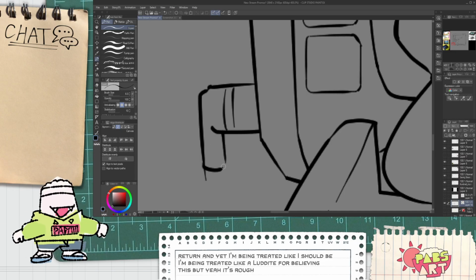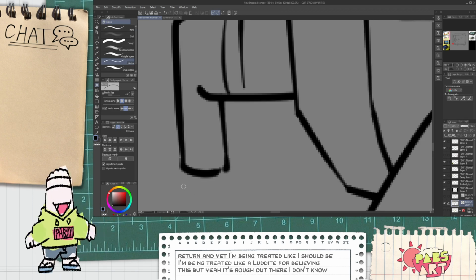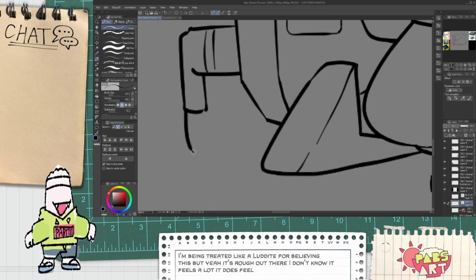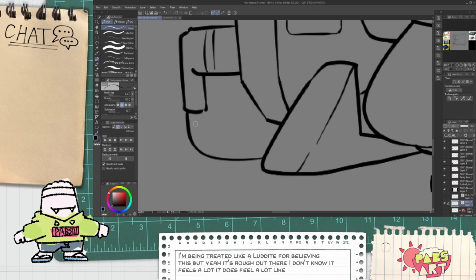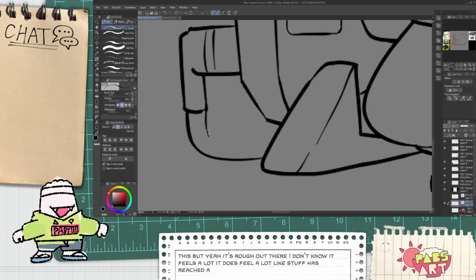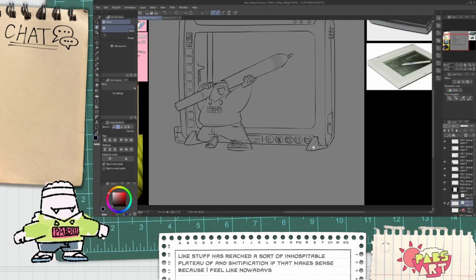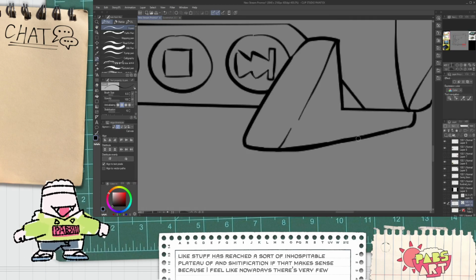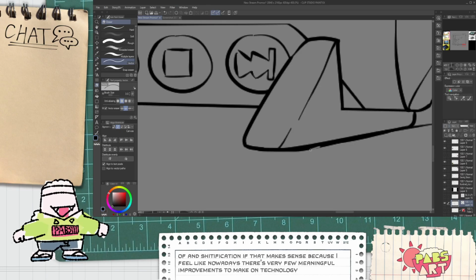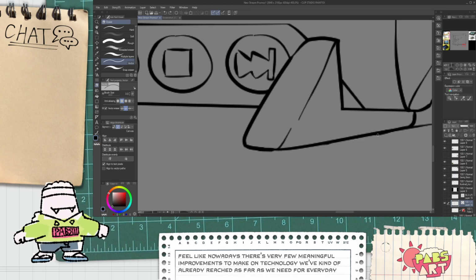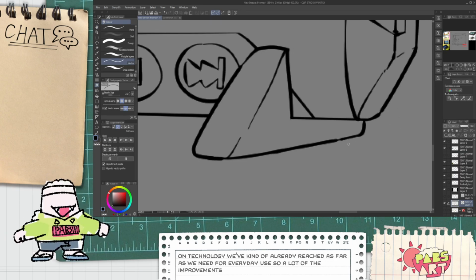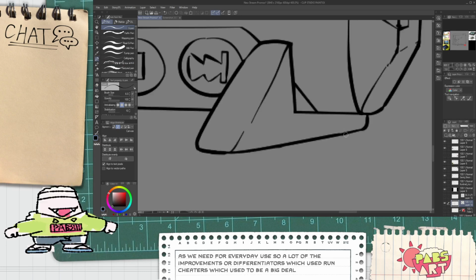But yeah, it's rough out there. I don't know. It does feel a lot like tech stuff has reached a sort of inhospitable plateau of shitification, if that makes sense. Because I feel like nowadays there's very few meaningful improvements to make on technology. We've kind of already reached as far as we need for everyday use. So a lot of the improvements or differentiators, which used to be a big deal, are now very petty things,